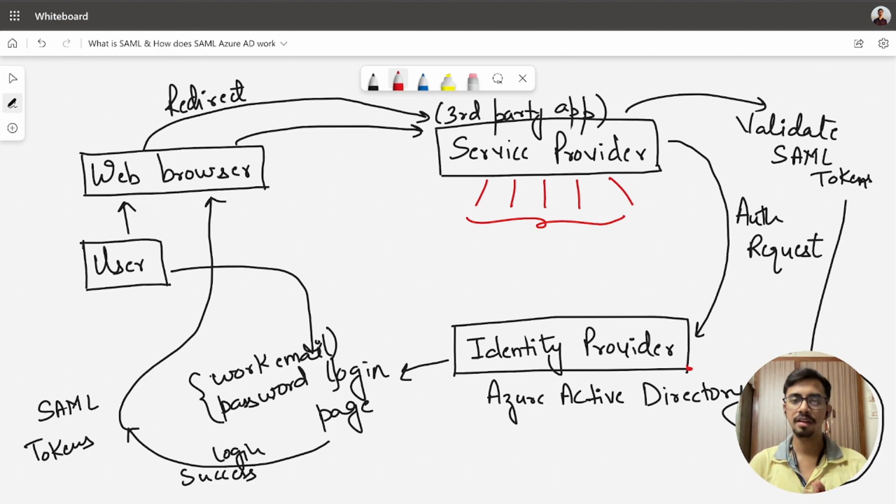One thing that we need to highlight here is that if you already have some knowledge about open authentication, that is OAuth, then you might feel that OAuth and SAML are a bit similar to each other, but this is not the case. SAML is basically user specific, whereas OAuth is actually client specific, or you can say application specific.